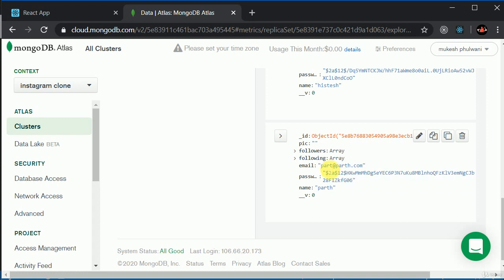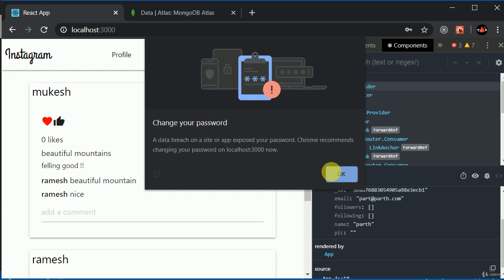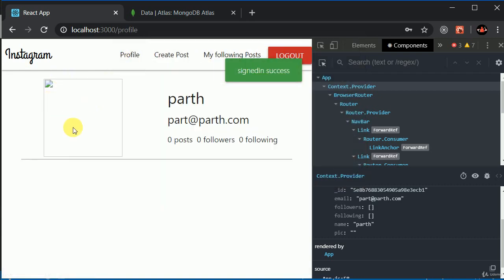Oh, it was Part, P-A-R-T. I just made a typo. Okay, let's log in. Now if I go to profile, I should see this empty.